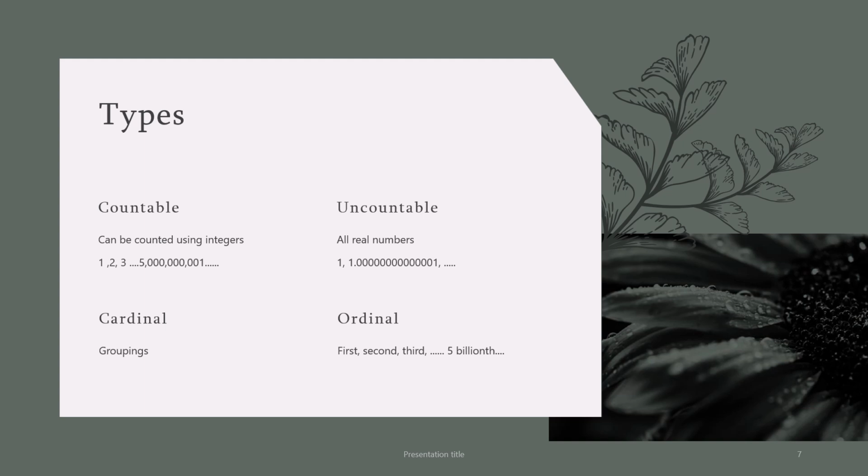The types of infinity: countable, uncountable, cardinal, and ordinal. Countable is all the natural numbers, meaning 1 to infinity, but I believe it doesn't include irrational numbers. I'm not too sure about that. The uncountable is all real numbers, so that includes even the tiniest little numbers in between. Cardinal numbers, which we just described what cardinal is. So if you had infinite groupings of numbers, doesn't matter. And then ordinal: first, second, third, five-billionth.